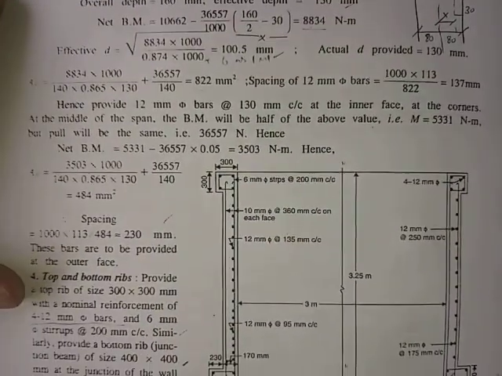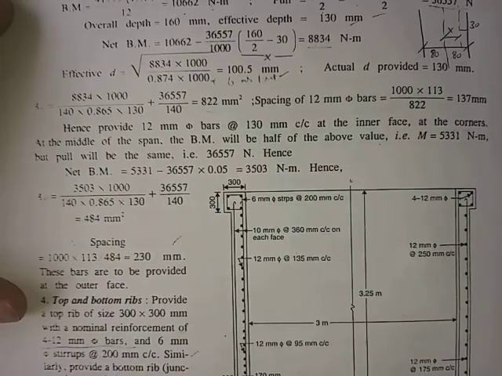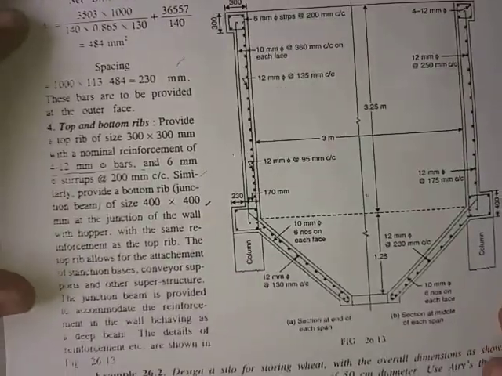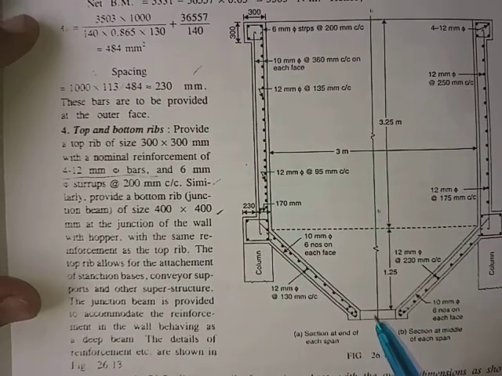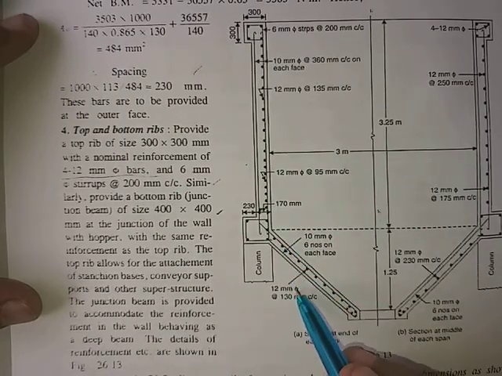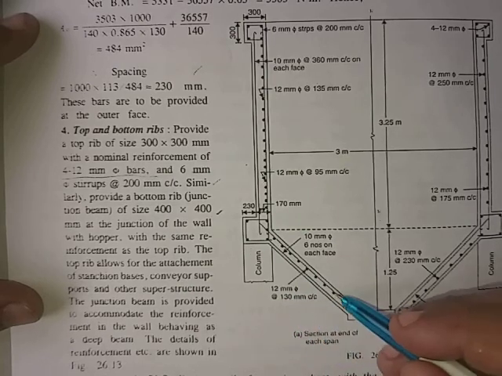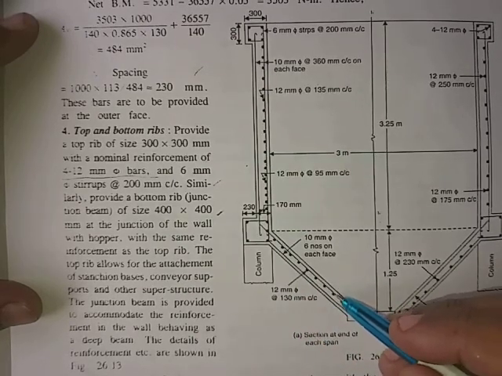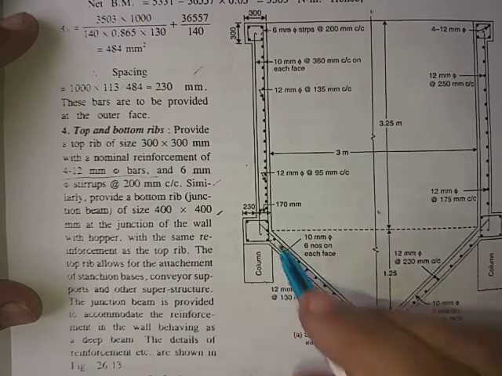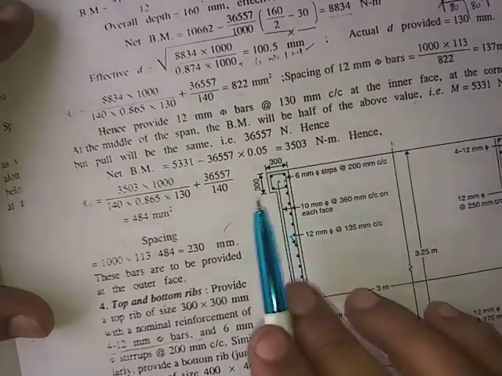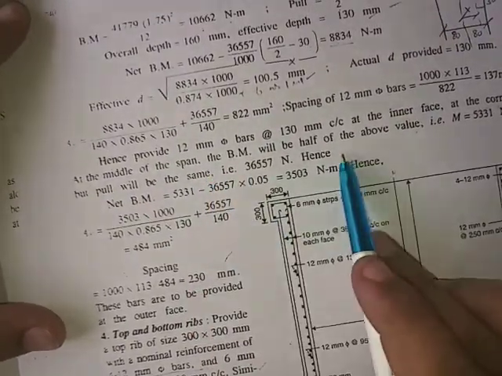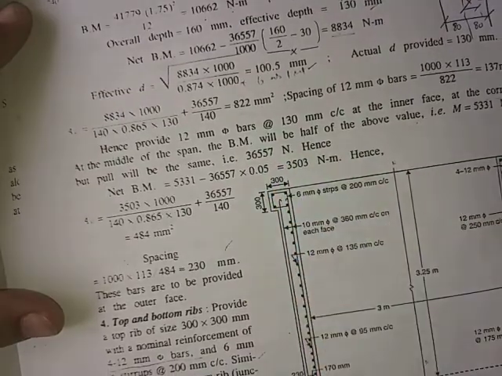at the corners. So this steel is provided as 12 number of bars you see in the figure itself. As you can see, these will be provided in the form of these dots over here in the cross section. So all around we will provide 12 mm bars at the rate of 130 mm center to center. So the spacing between these two bars is 130 mm, and hence the length will be different at each of the sections, right? So then the net reinforcement has to be provided. So this is for the inner face.